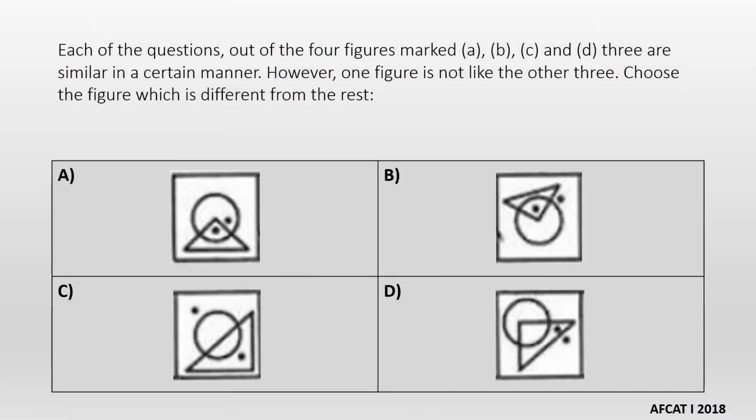In this again we have to find odd one out. Don't get confused with the dot type questions, it's not that. So in this, it's a simple one. If you see, 3 out of 4 are having one dot inside a figure and one outside all the figures. Only A is not having any dot outside the figure, so A is the correct answer.